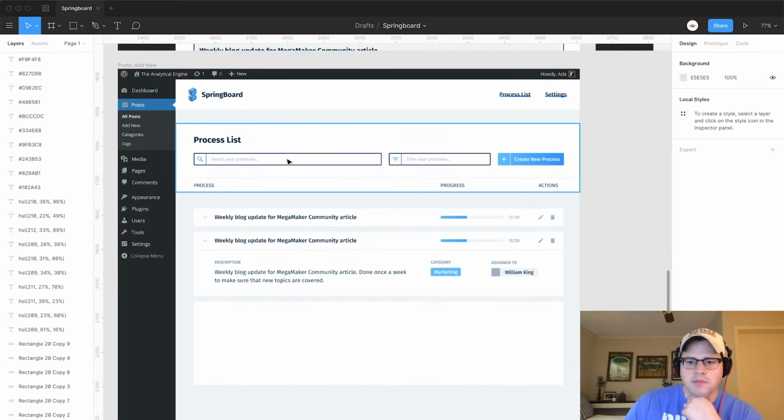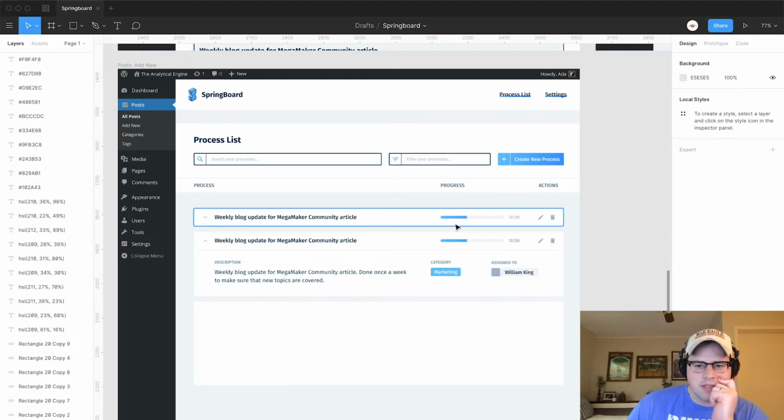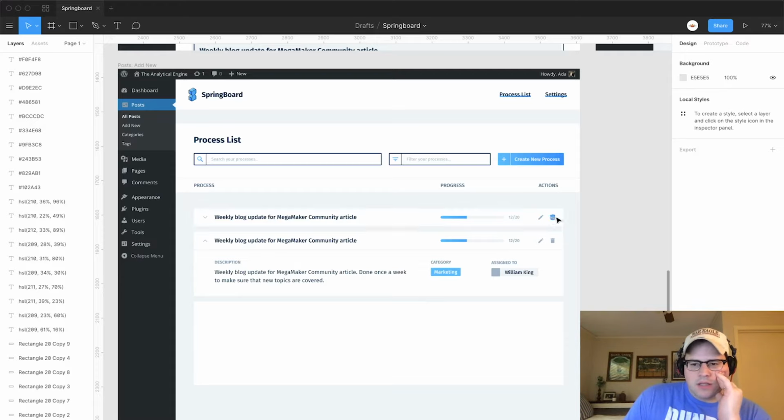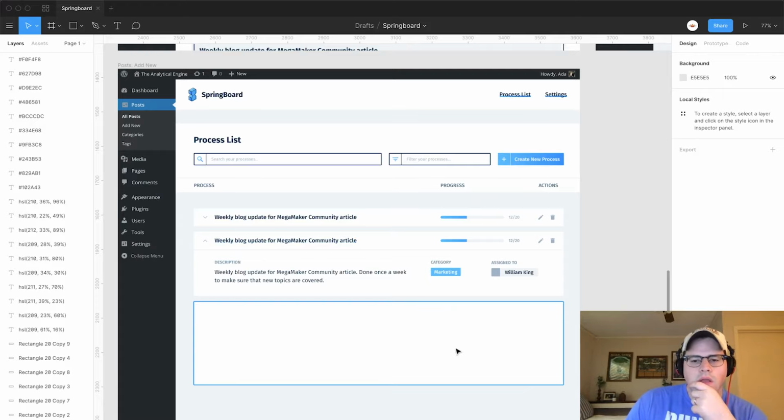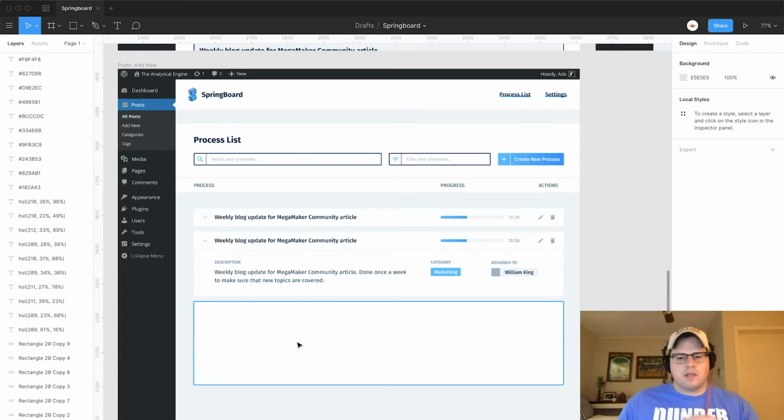This will be the index page for SpringBoard, where it's going to show a list of your processes, as well as current progress, edit, delete actions. There's going to be probably some sort of hover color state that shows on these. And then obviously we can search through them, filter them based on these categories here. And then the create new button. This one shows an expanded state, and then there'll be an edit state. And then